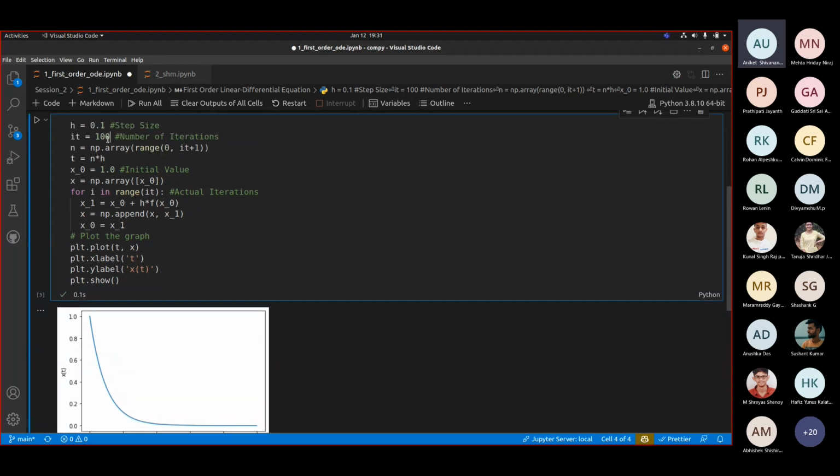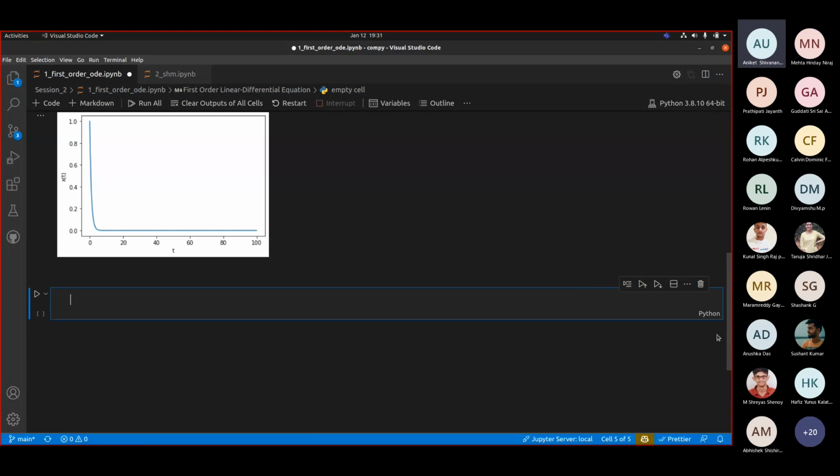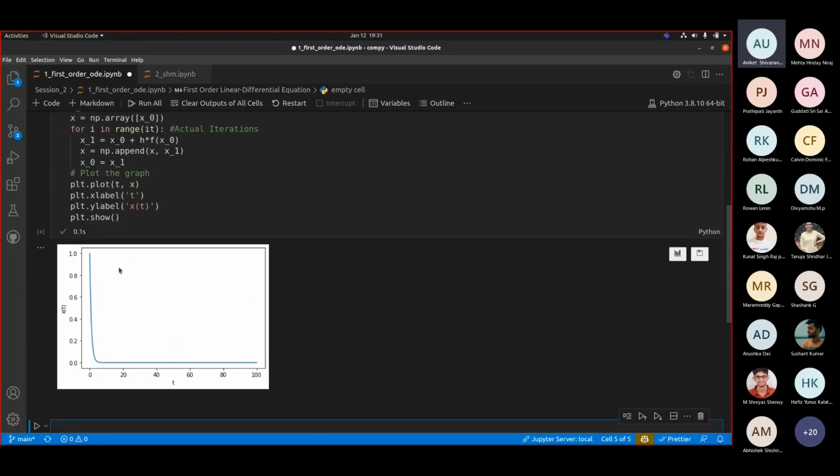What will happen if I increase the number of iterations? You can see that we are increasing the number of iterations. That means we are increasing the time for which we are viewing the entire process. As you can see, now the time is 100. The transient time that we saw of the graph falling looks much steeper to us now, but it is not steeper. It is exactly the same. We are just zooming out a little bit. You can think of it as zooming out.